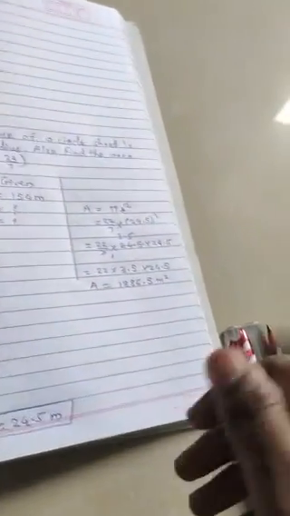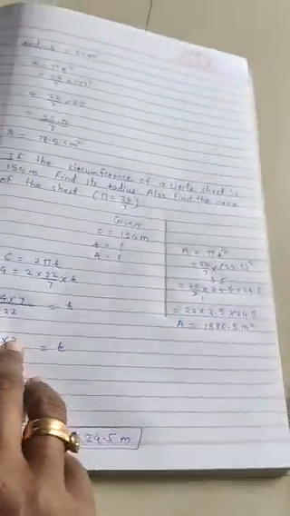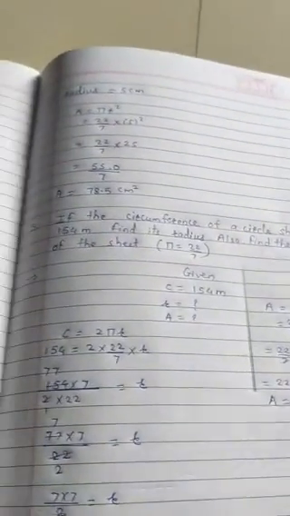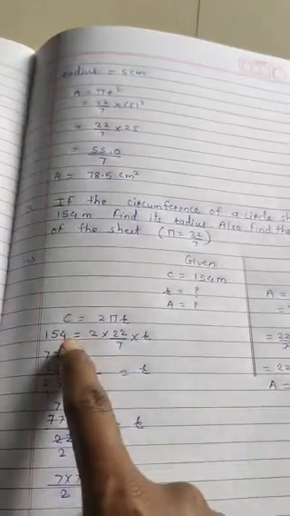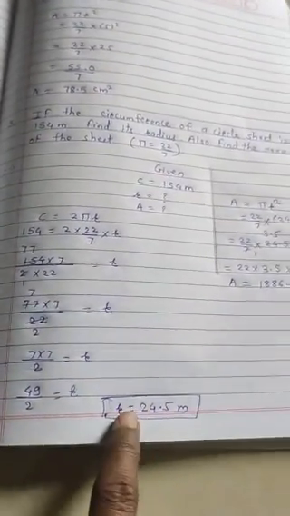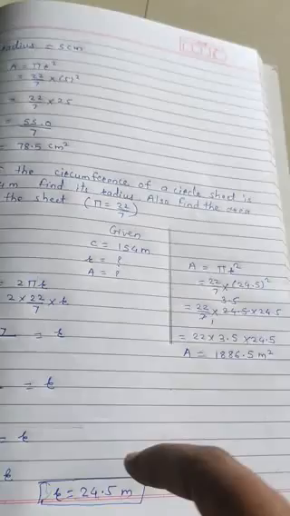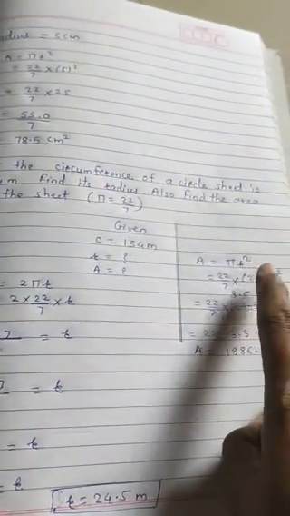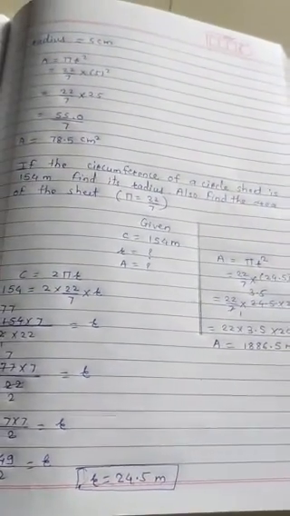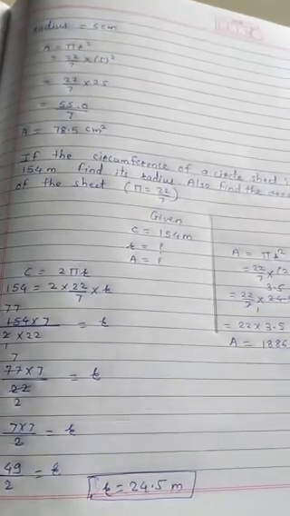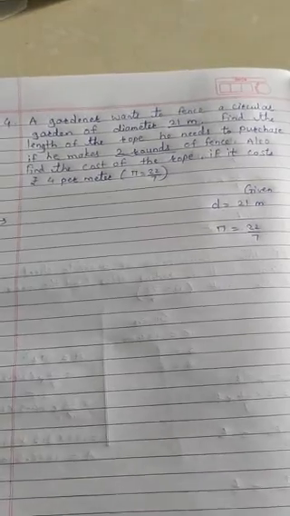Okay, understand students what we have to do? First, always remember what they have given. First they gave the circumference, so from that circumference first we found the radius, and this radius we use to find the area of the circle. Okay, understand? Now we will move towards question number 4.